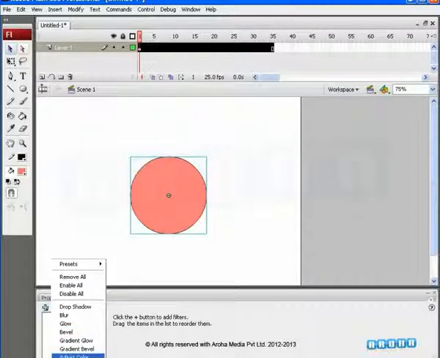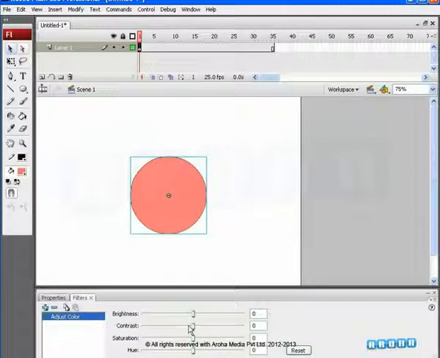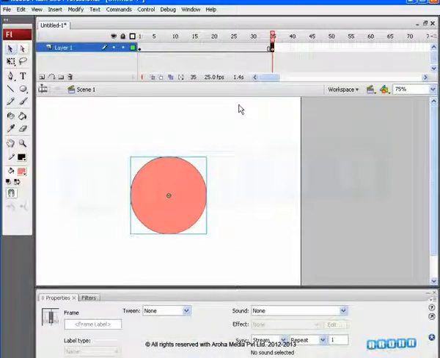The Adjust Color filter is a very useful one. It's a combination of the brightness contrast and saturation hue filters. The software gives a reset button to take all the values back to default. Now, let's see if we can make something out of this filter by using the options. As usual, let's animate it.